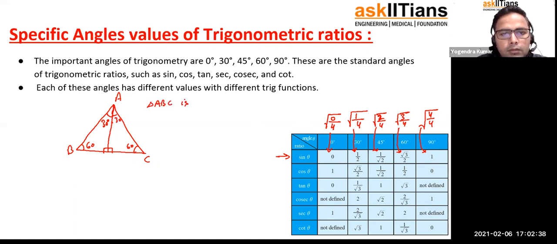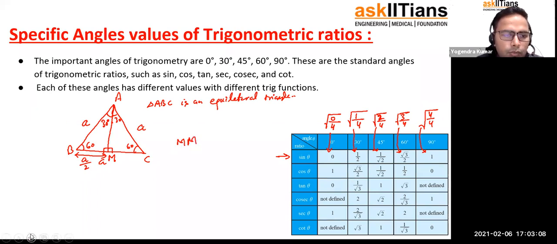ABC is an equilateral triangle, right? So this side is A, this is A, this is A. All the sides are A only. So can I say how much this is? This is A by 2. And if this point is M, AM I can also figure out easily. What is AM going to be here? AM is going to be, in triangle ABM,